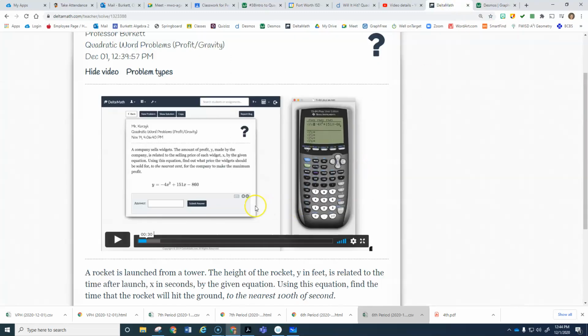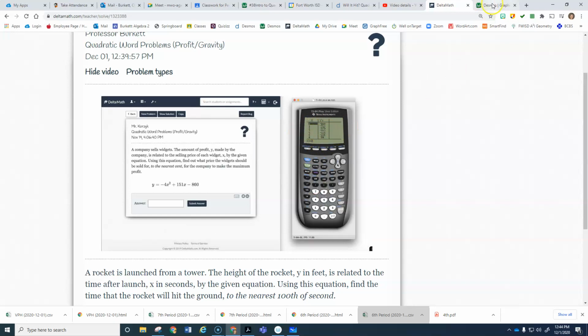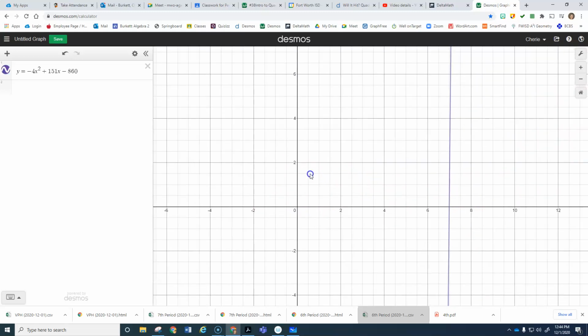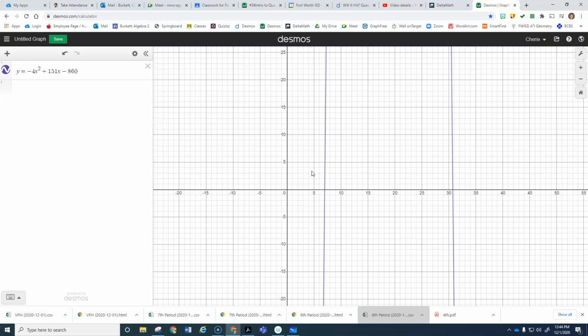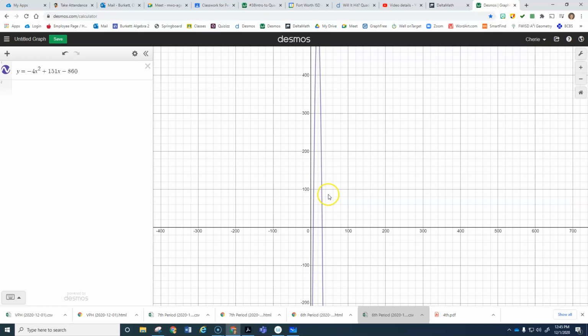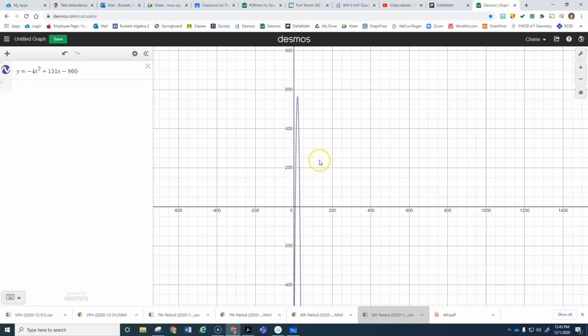Now, the next thing that he does is he talks about looking at the window to see what kind of numbers you need. You don't have to do that. You don't have to look at the table on here. You can just simply zoom in, zoom out, and adjust the window that way. So now that we can see it, we can see down here that we don't need negative 600 all the way to 1,400. We just need, probably negative 10 to, I don't know, let's just try,